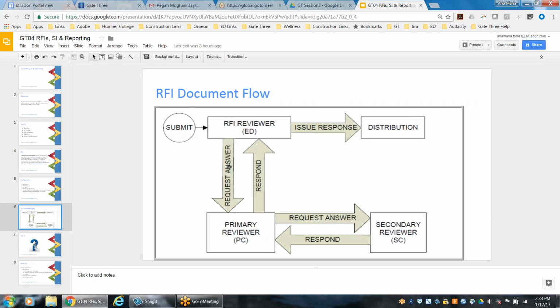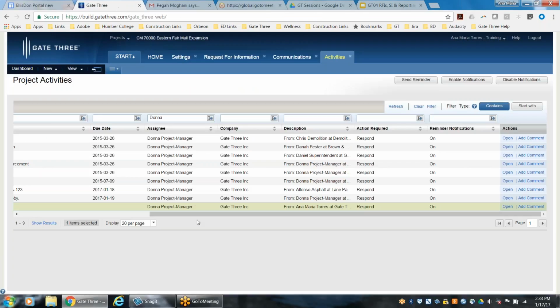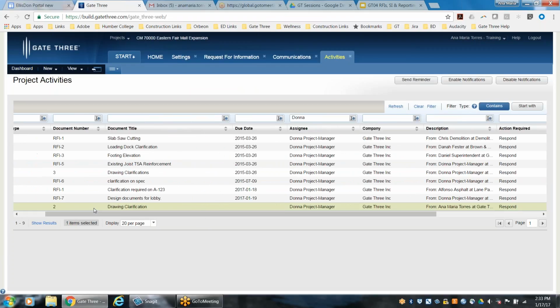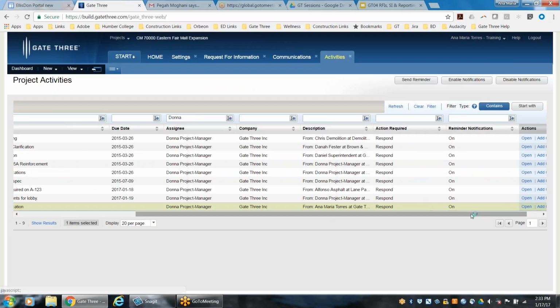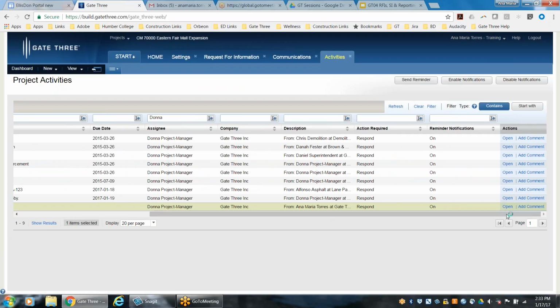Alternatively, she can request an answer. So 90% of the time, it typically gets pushed out and we request an answer from the primary consultant. So I will be walking you guys through this option, request answer. So I won't be able to actually do this because I'm signed on as myself, but I'll just show you what happens when I click open